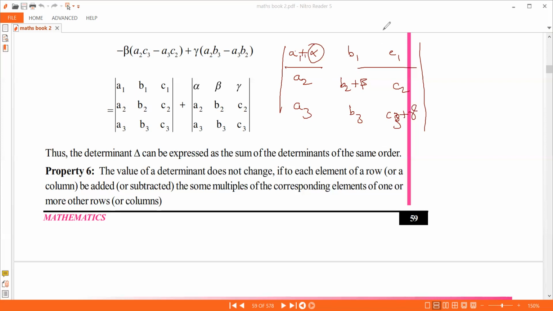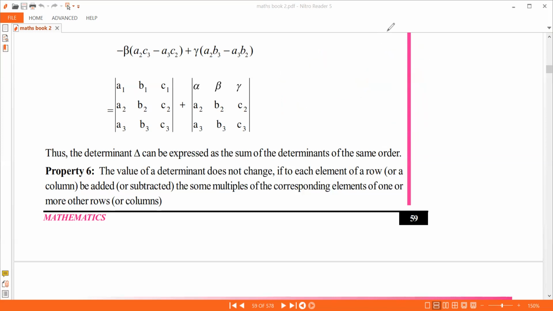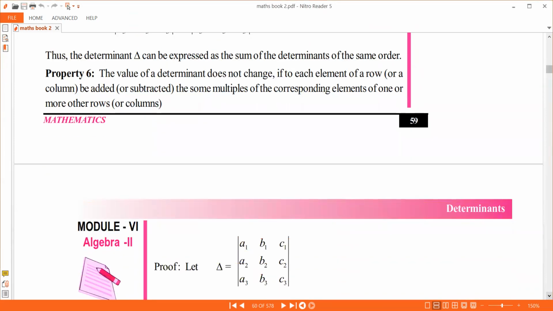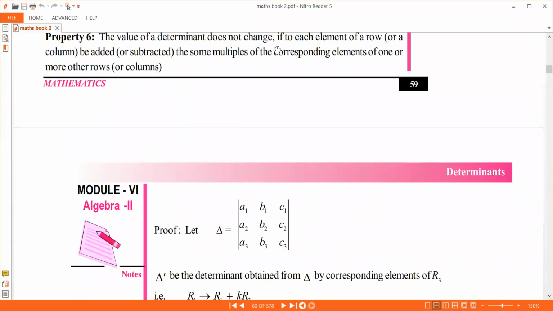In some cases, it is useful, when they are very simple determinants. In some cases, it's not at all useful. In this kind of case, this is not useful. Don't use that. If it is like B1 plus beta, C1 plus gamma in a single row, then you can use that. Otherwise, don't use this property. This is not such a useful one. But in one or two questions where you have to use this property, if you solve those, that is sufficient. Okay.